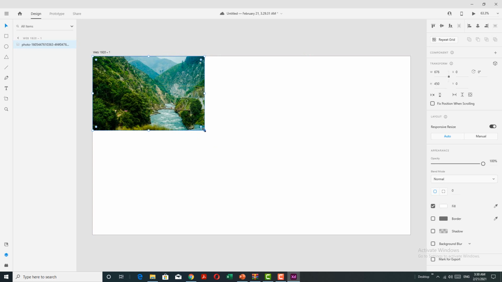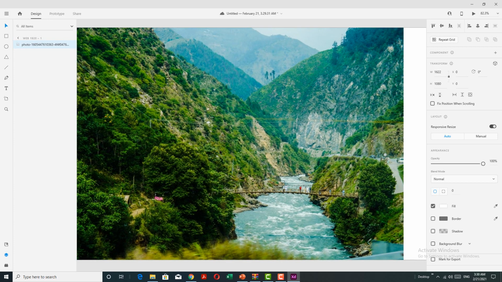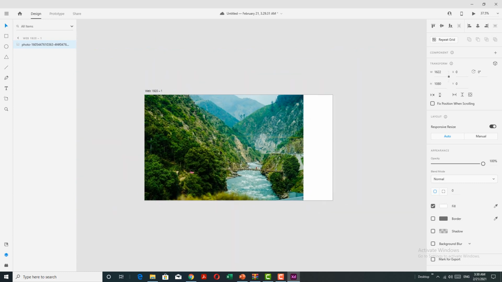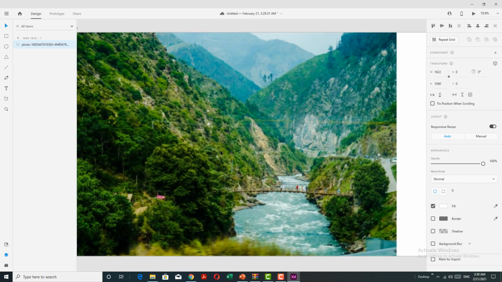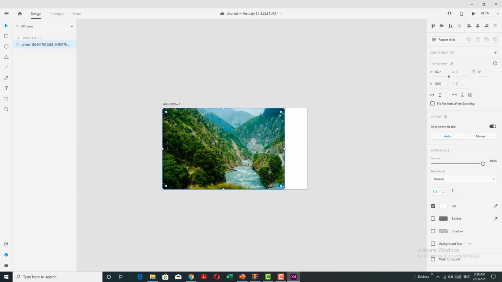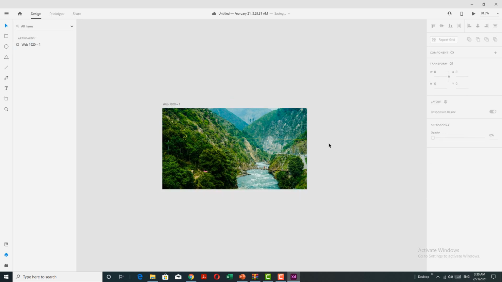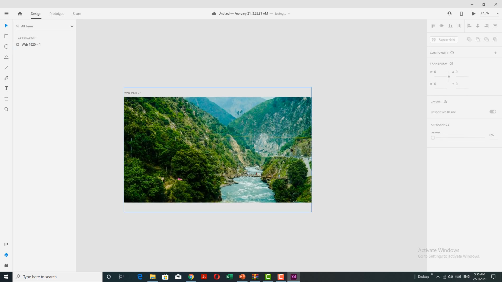Image, right, make it image here, and you can drag it like this. Control plus shift, and then from scrolling you can zoom in and zoom out like this. First of all, we can size the image, align the image like this, and then Control Shift and zoom it like this.